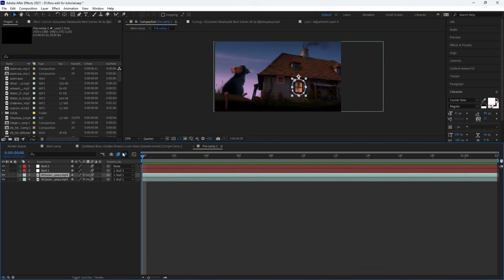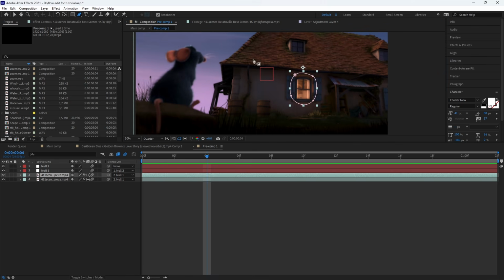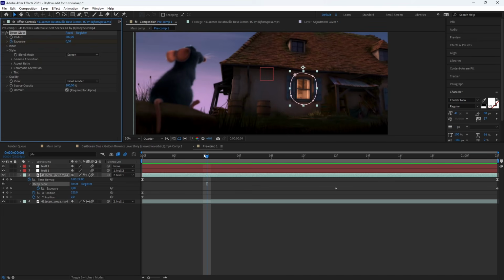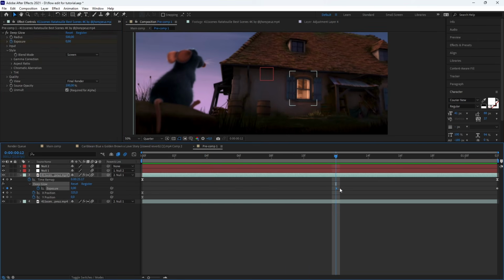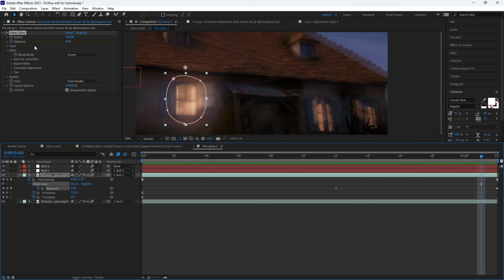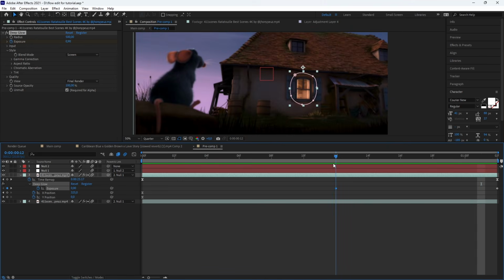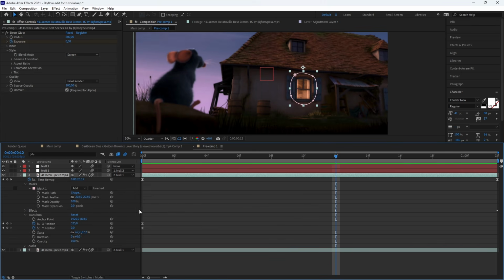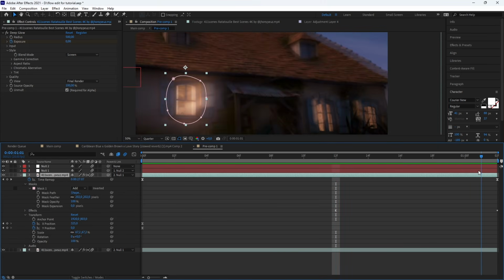Then I add another clip that I just duplicated, then I masked it with this mask tool here, and then I added the effect Deep Glow on it that I animated. From here the exposure is 0, and then at the end there's the exposure at like 1, I think. Something very important here is that in the mask I have increased the mask feather, so it's not weird, and it's a very nice glow.